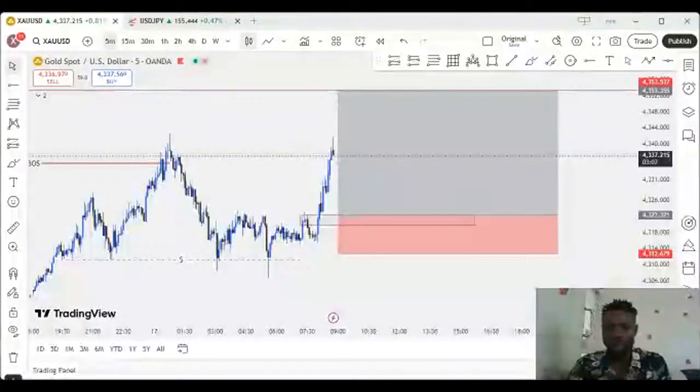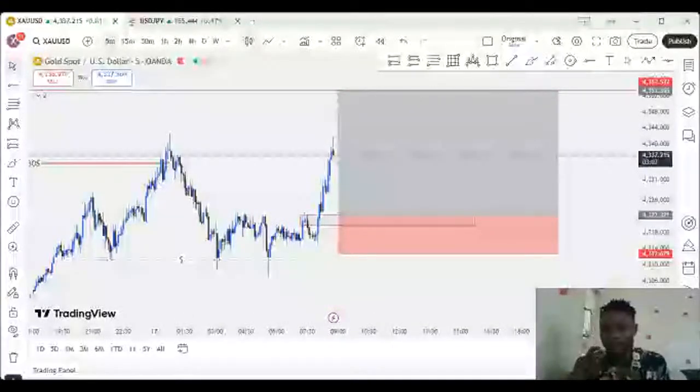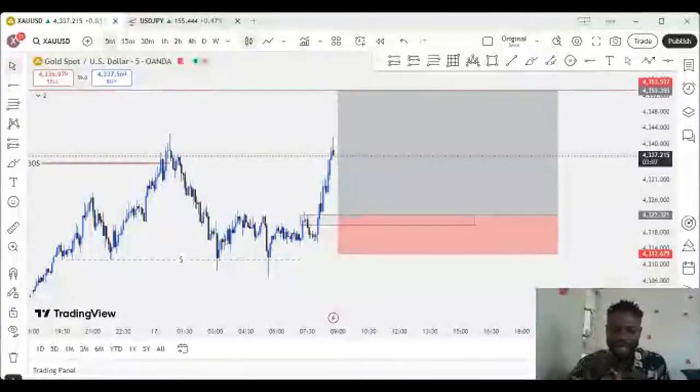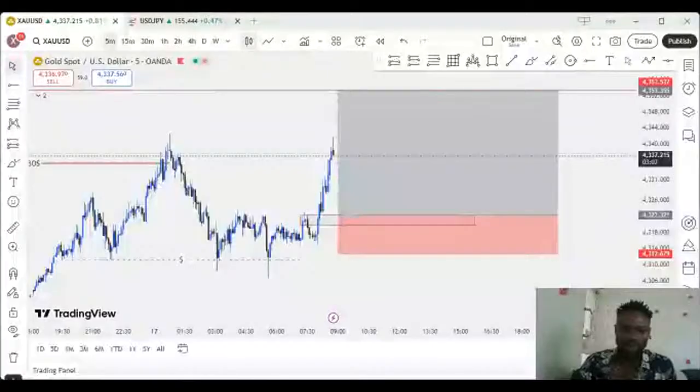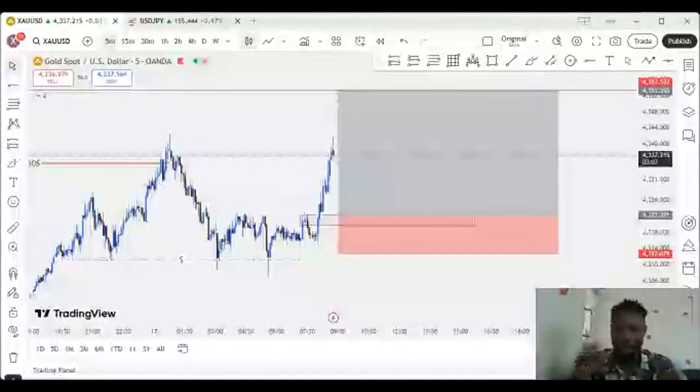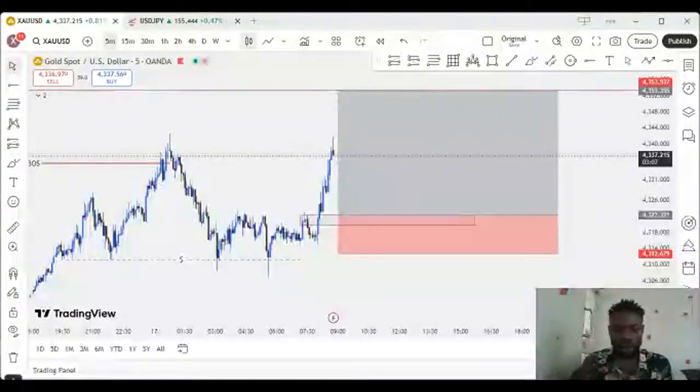Every candle depends on the time frame you put it on. If you put it on 1 hour, each candle represents 1 hour. If you put it on 30 minutes, each candlestick represents 30 minutes. If you put it on 15 minutes, each candle represents 15 minutes. So let's assume you put it on 15 minutes. Within that candle, buyer and seller will be struggling over who should be in control. At least all of us know wrestling and boxing, we watch them.